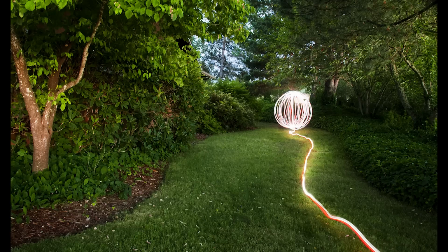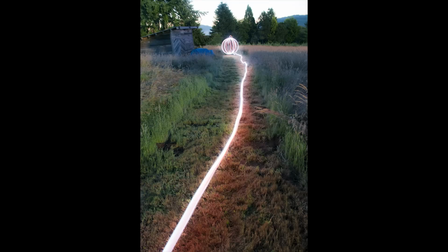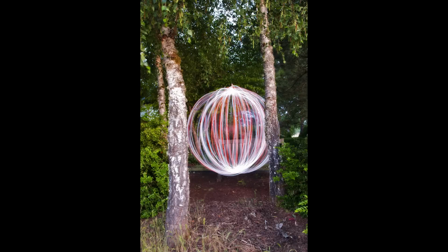And this one was taken very early dawn when the sun was just about coming up, so that's why it kind of looks like daytime, but it was still dark enough that I could still get the long exposure of the orb. So you're going to have to wake up around 5 a.m. to get shots like this, but I was all up the entire night anyway taking these orb shots, so...